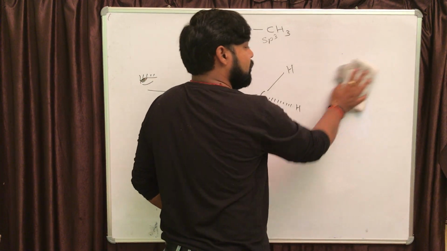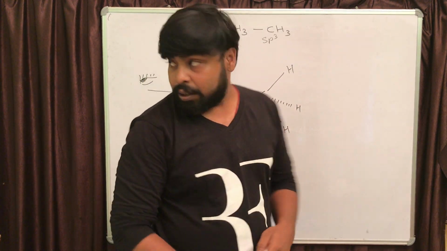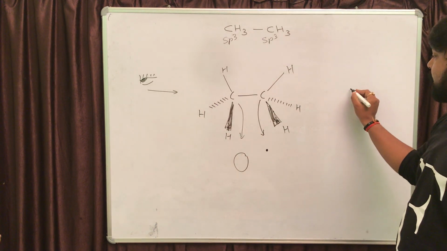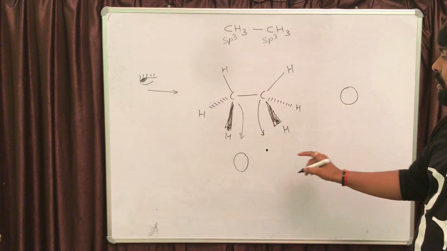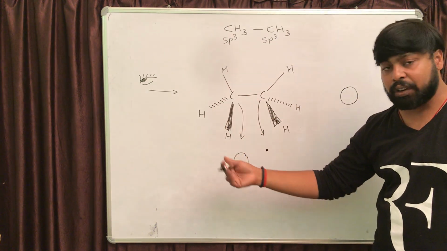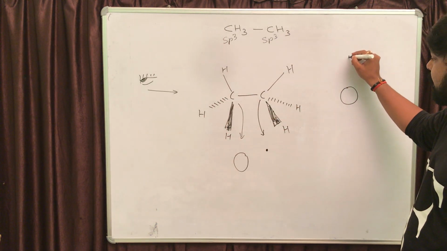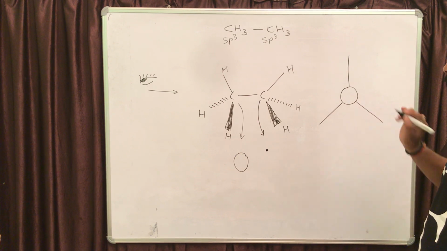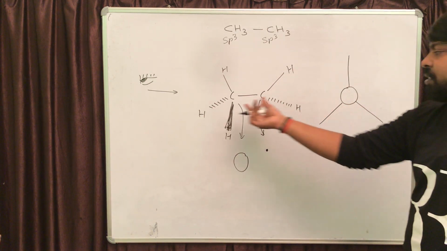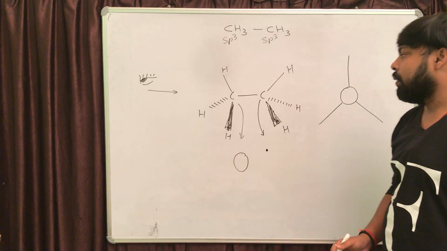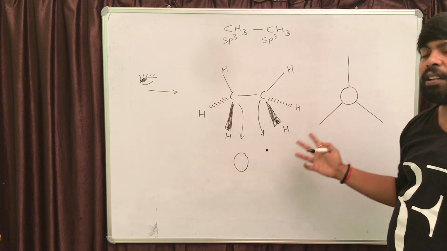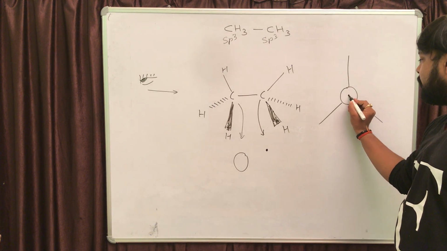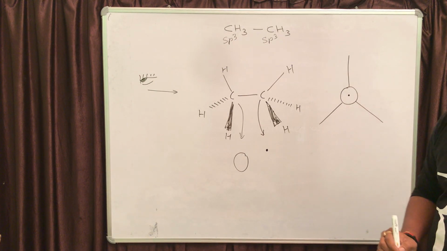That is actually our Newman projection. Observe the first carbon atom. I said that the first carbon atom will be represented by a circle. It is having three carbon-hydrogen bonds. If you are taking the projection, the three carbon-hydrogen bonds will be at an angle of 120, 120, 120. This is the first CH3 group I have drawn. Now, the second carbon is just behind the first carbon atom, which is represented by a dot. Just point the dot here, right?